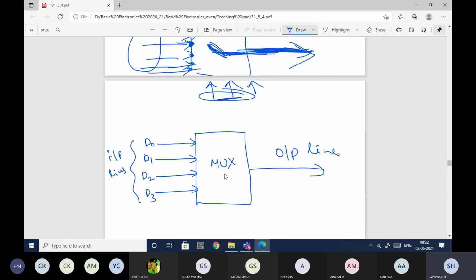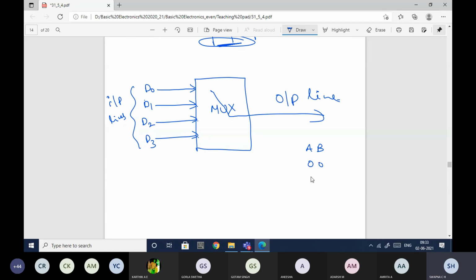As I've already mentioned, a multiplexer, instead of using so many output lines, will just use a single output line. It will select the information from a particular input source and transmit it. Here the selection may pick the first, second, third or fourth one. Since I have 4 different data sources, I can use 2 selection lines, because 2 selection lines will give me 4 combinations.